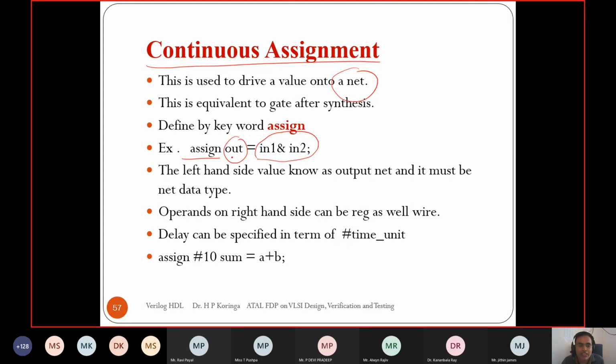This statement is executed whenever there is an event on in1 or in2, then it finds the new value of the AND of in1 and in2 and assigns the new value to the output. So the continuous assignment statement is executed